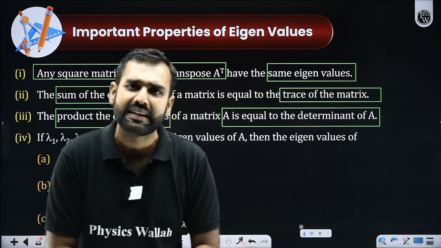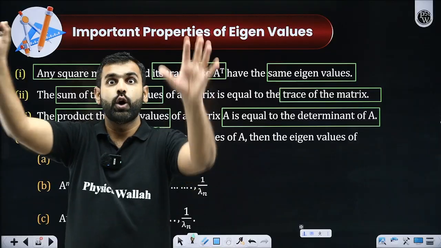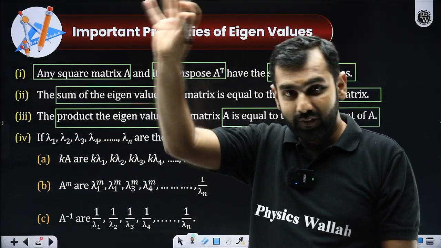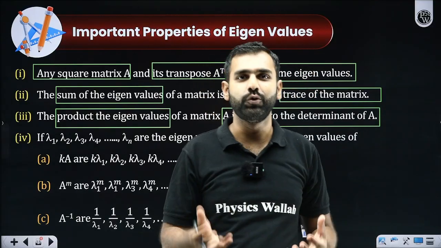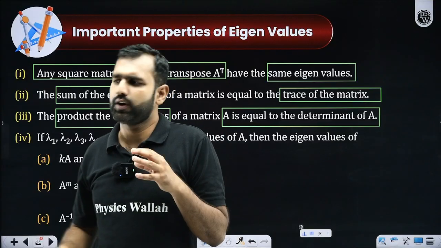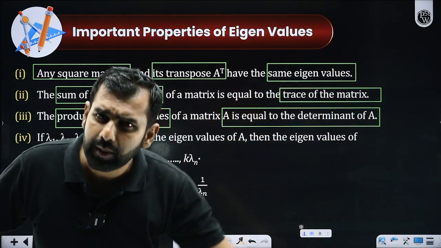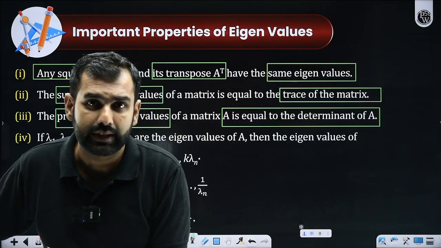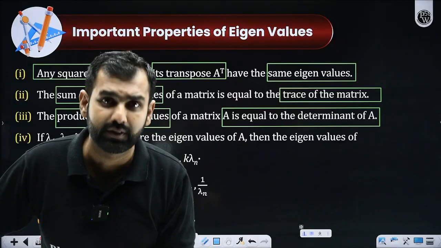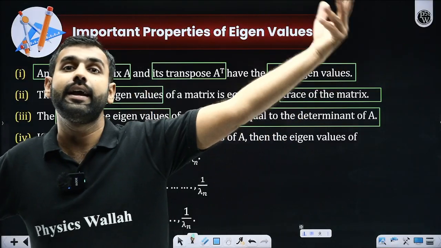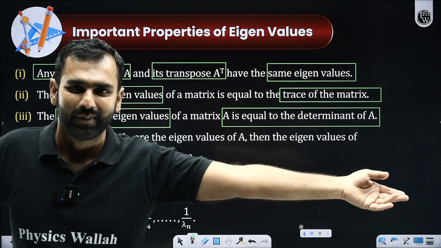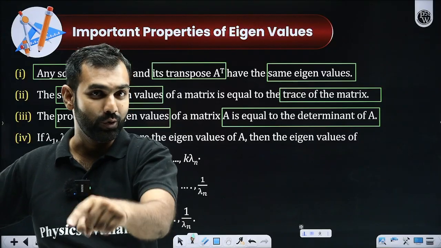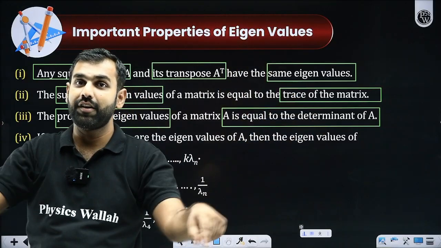What is the meaning of this? Let's say in a question, you are given a 10 by 10 matrix, which means you're not given that matrix, you're asked its values. But let's say the question, instead of giving you the whole 10 by 10 matrix, asking you its determinant, is not giving you the whole 10 by 10 matrix, but it is giving you its 10 eigenvalues. Can I now not find the value of that 10 by 10 matrix determinant?